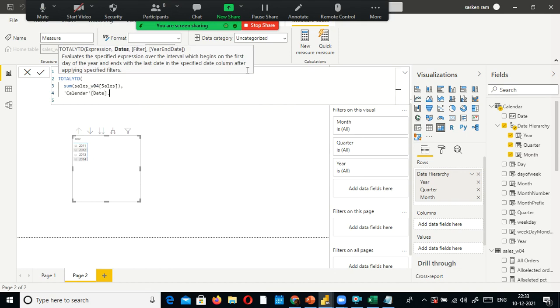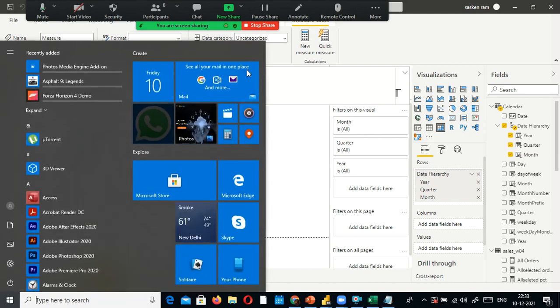Calendar dot, this one, date. I'm going to simply leave it as it is. Okay, sorry, next line.